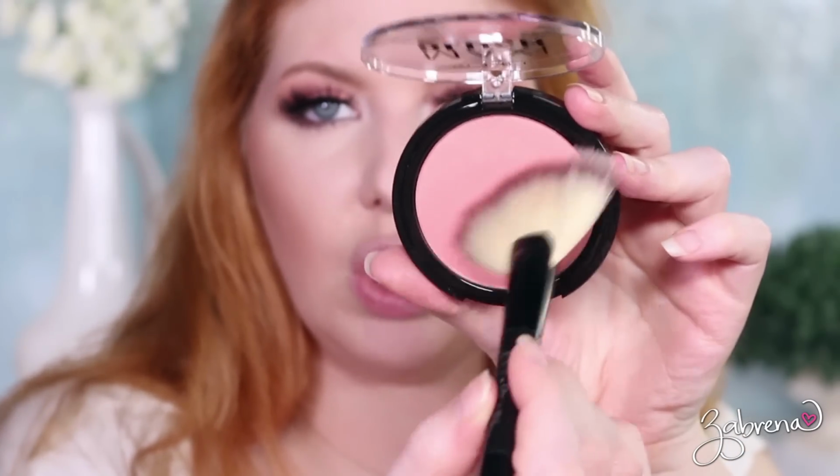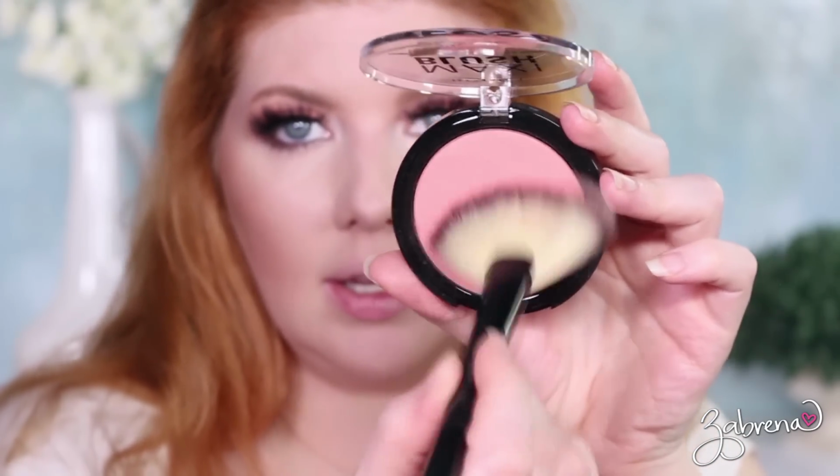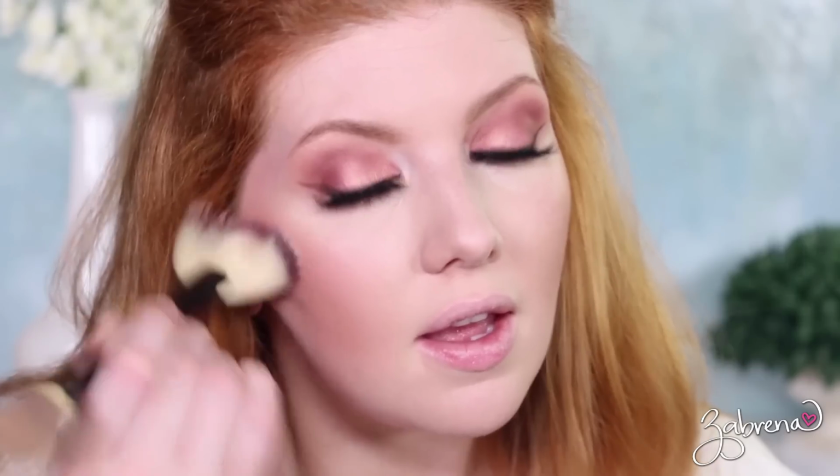This is a beautiful peach, and it's become a new favorite of mine also. I absolutely love this. Gorgeous. Oh, now this next product was one that I talked about in a video recently when I was organizing my blushes,